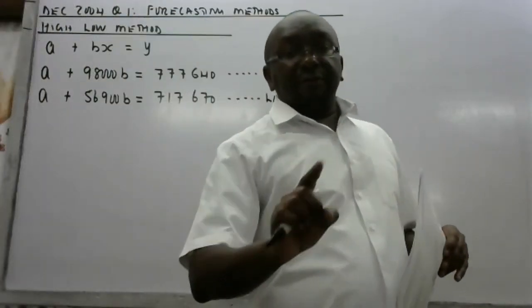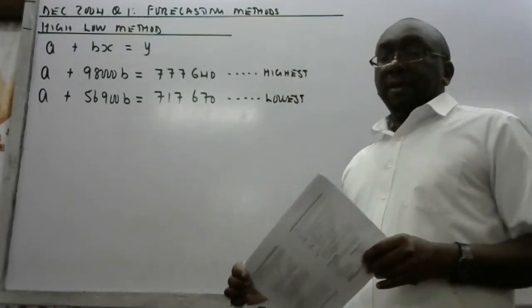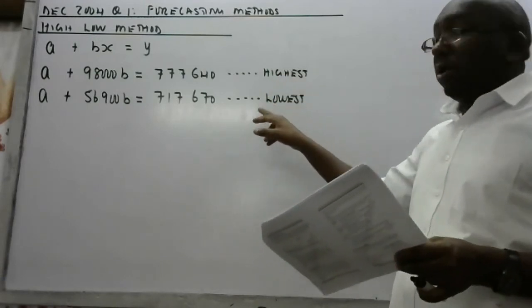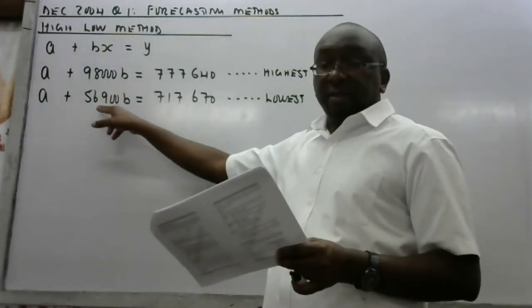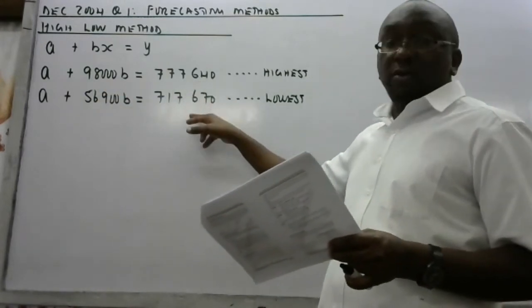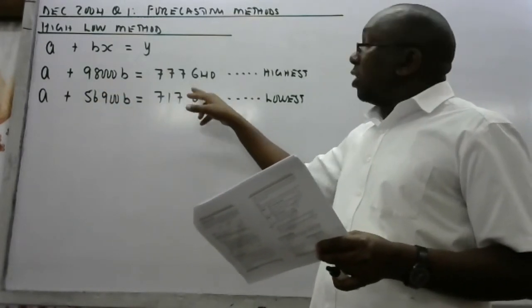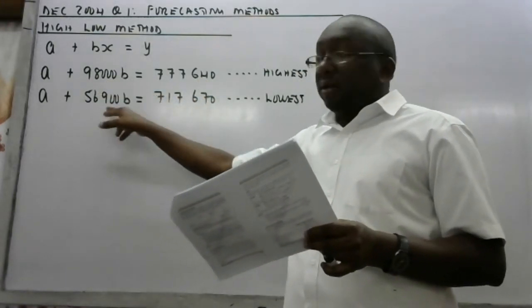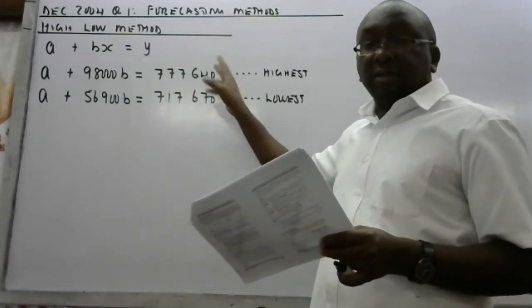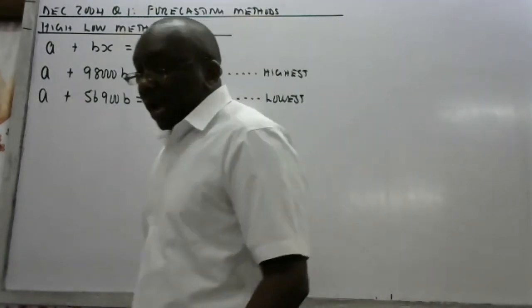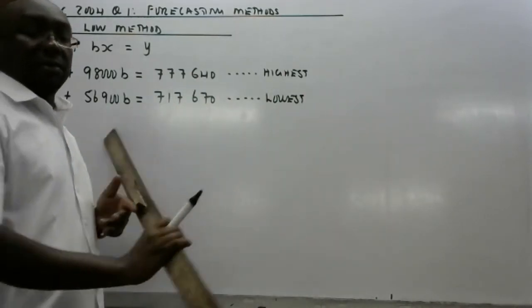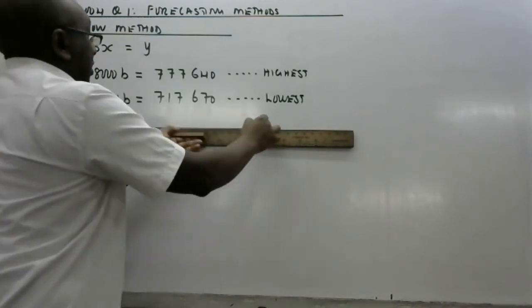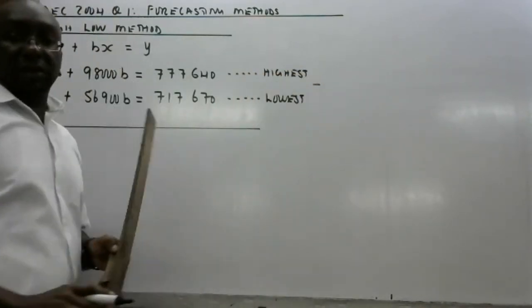And something that I emphasized so much the other day is that when you go selecting the highest and the lowest, we only select in the column of units, the X, not in the column of the cost. So the cost that you pick is the cost of this highest and the cost of this lowest. So they need not be the highest or the lowest costs. So with that, we now start to solve. So when you subtract those two equations,